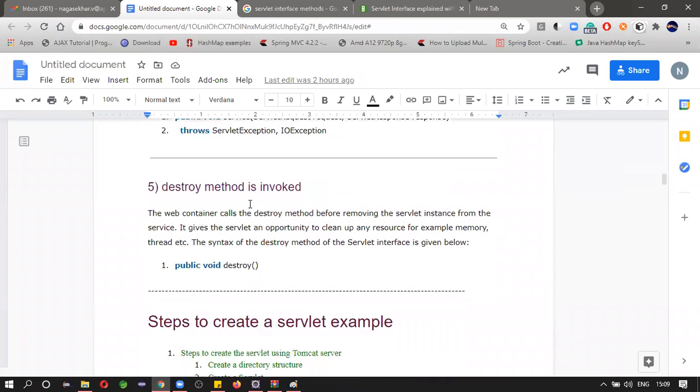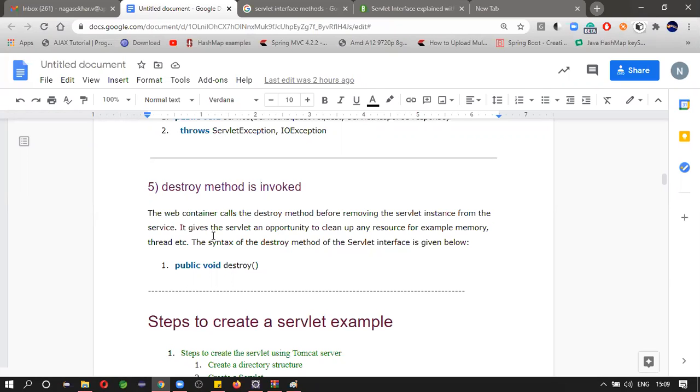The web container calls the destroy method before removing the servlet instance from the service. It gives a servlet an opportunity to clean up any resources, for example, memory, threads, etc. During application development, we may use multiple resources, like creating objects, which takes some memory.